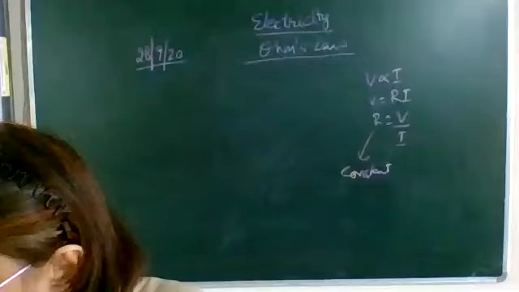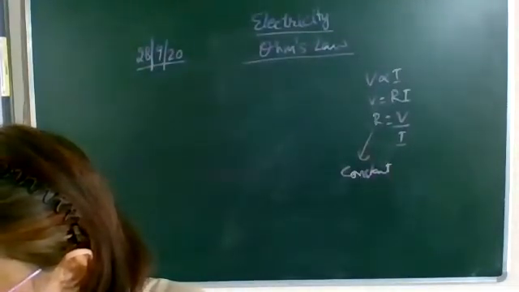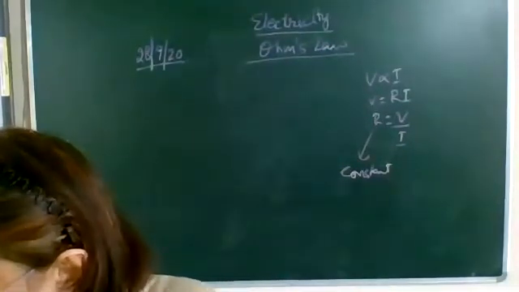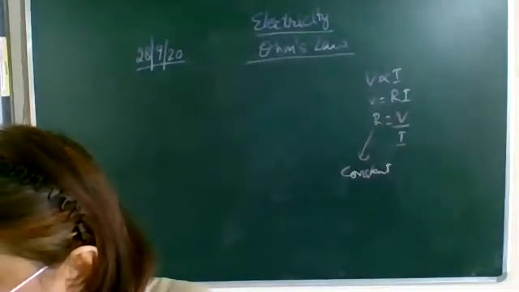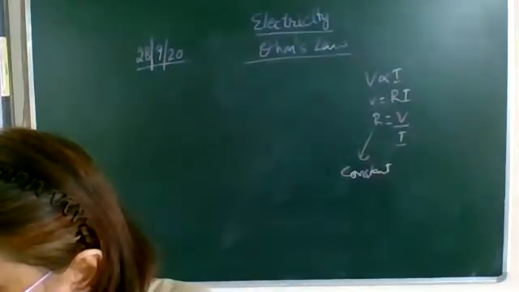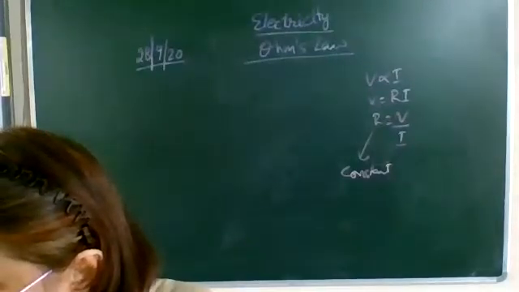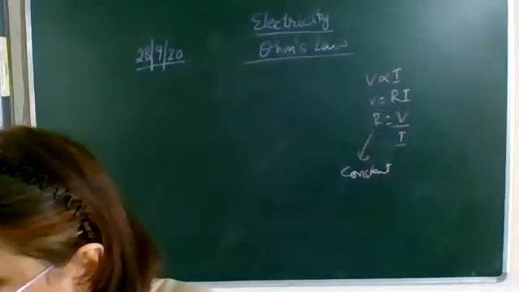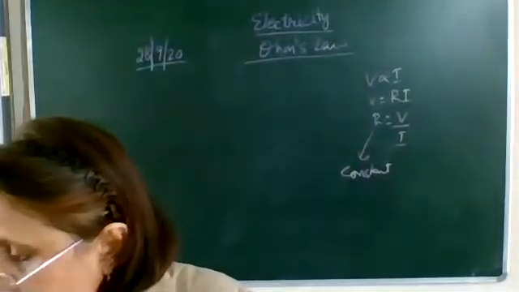First, only one cell is used as the source in the circuit. Note the reading in the ammeter for the current and the reading of the voltmeter for the potential difference across the nichrome wire. Tabulate them in the table as given. Next, connect two cells in the circuit and note the respective readings of the ammeter and the voltmeter. Repeat the above steps using 3 cells and then 4 cells in the circuit separately. Calculate the ratio of V to I for each pair and you will find that this V upon I ratio will be constant.